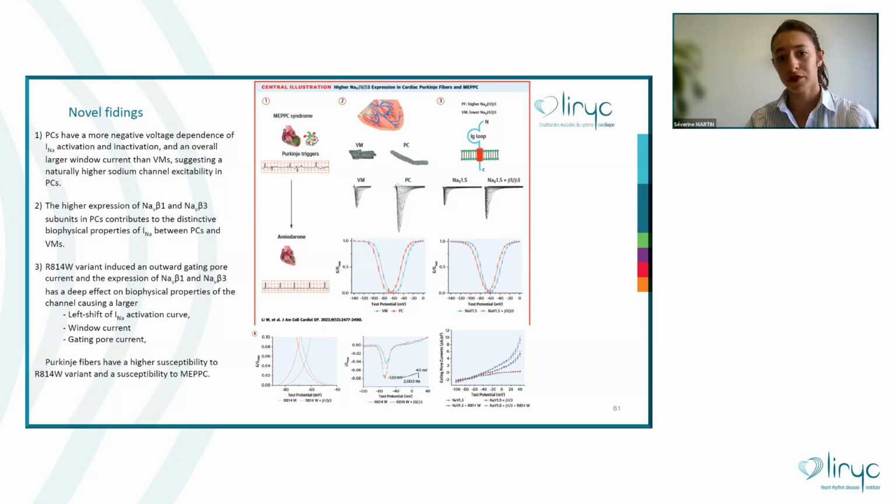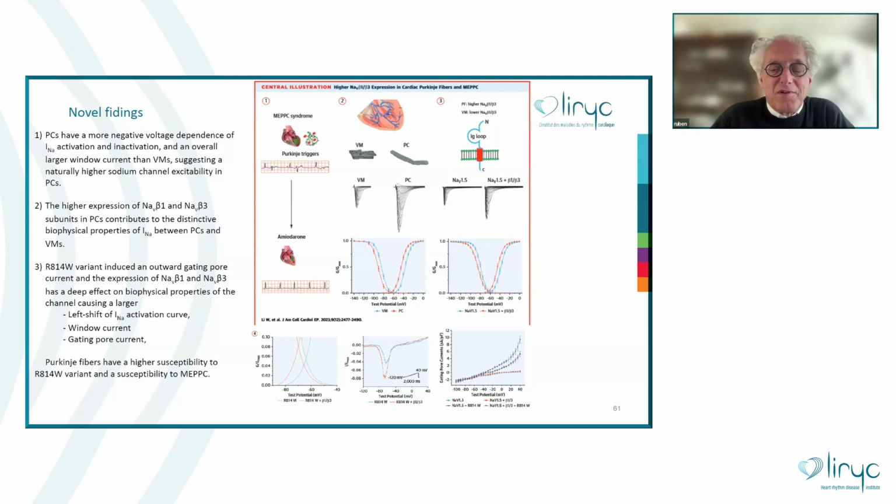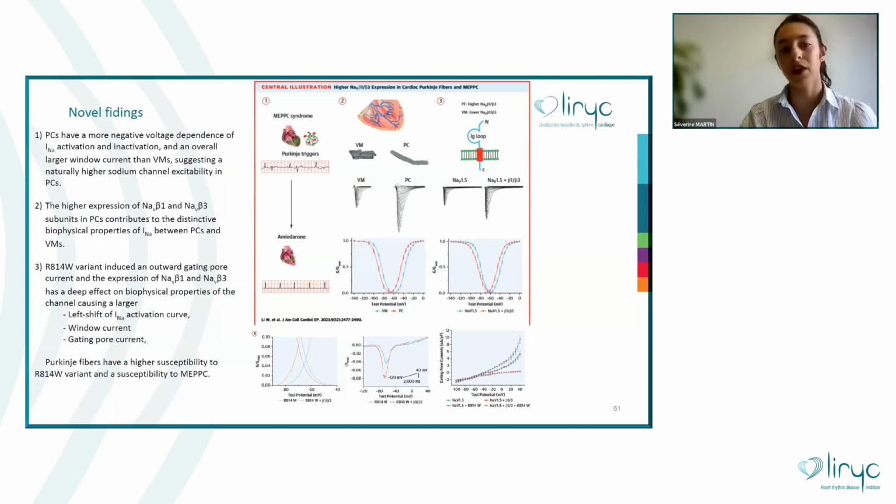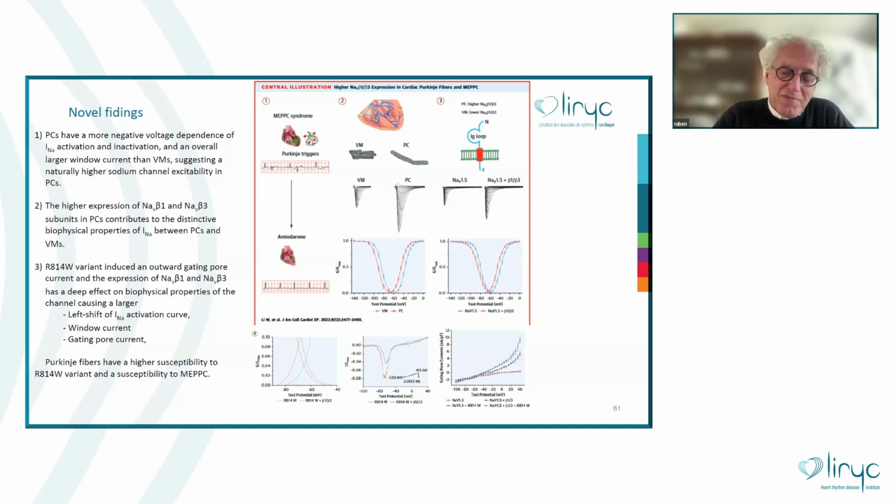I think it's just a proof of concept and just a sodium characterization of why Purkinje cells are preferentially arrhythmogenic in this pathology compared to ventricular myocytes. It's purely fundamental analysis. It's detached from the context of the cardiac cells and the cardiac tissue. So I think, okay, it's a base, but we have to increase the complexity of the model to be sure that it's the cause of the disease. Yeah, I agree with you.